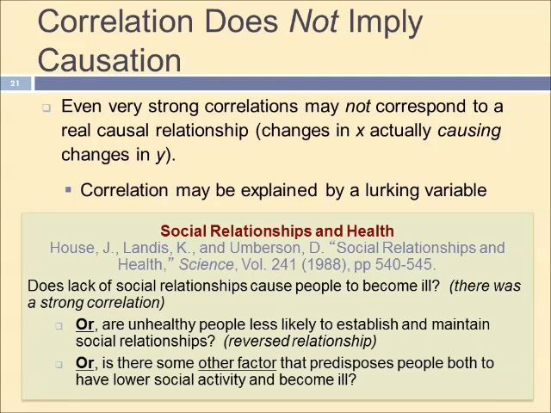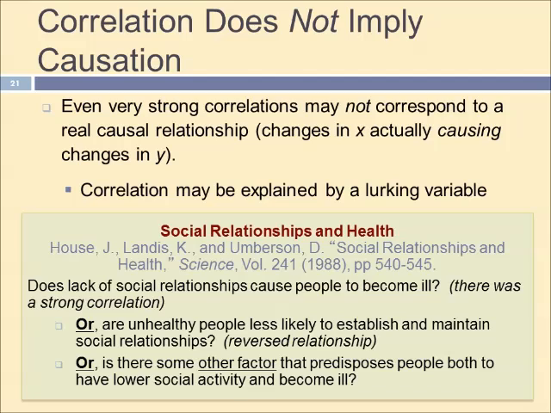All right, so correlation does not imply causation. Even very strong correlations may not correspond to a real causal relationship. That is, changes in X actually cause changes in Y. And the correlation may also be explained by a lurking variable. So here's an example